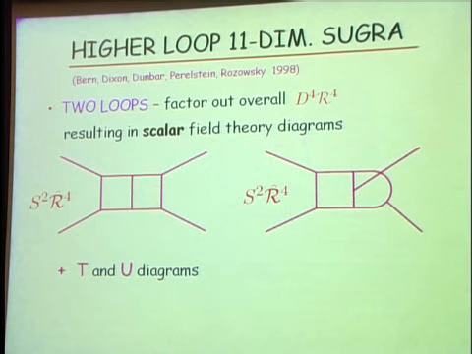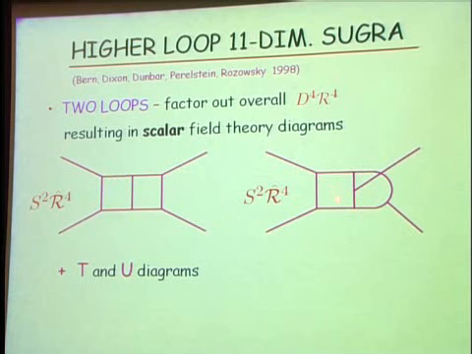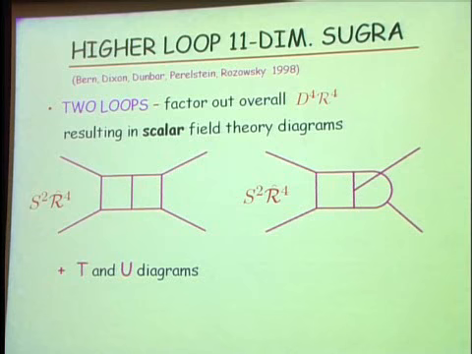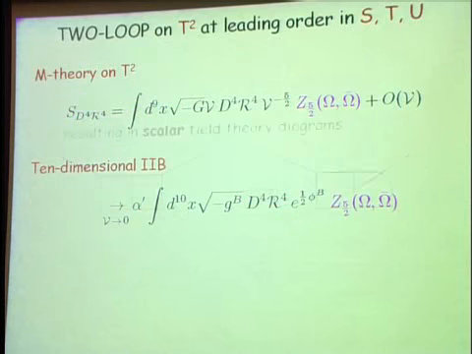2 loops has been understood in supergravity in any dimension, was understood by these people in 1998. Again, there's a rather remarkable fact that when you add all the Feynman diagrams of 2 loop supergravity together, you get some prefactor which now involves 4 more derivatives, which I've written as S squared here, times 2 kinds of a planar and a non-planar scalar field theory double box diagram. And again, it's just scalar field theory, so again, you can contemplate evaluating this on a torus, but